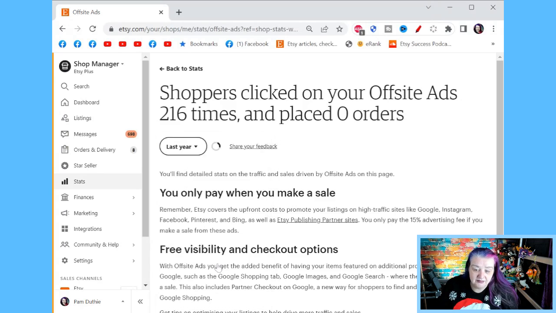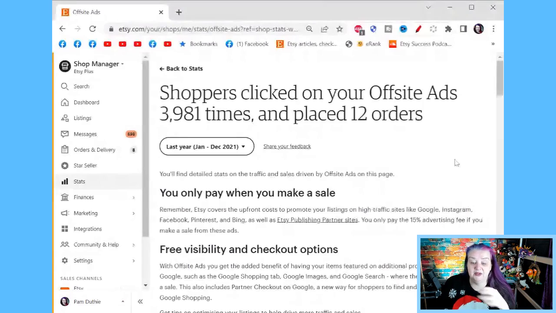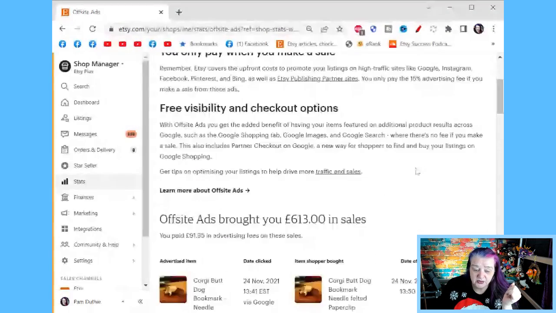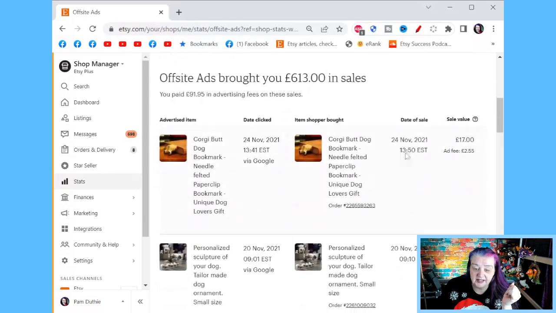Let's see, last year I didn't make sales, so yeah, here we go. We had 12 orders last year, so I actually have some data to show you. What you're seeing here, last year I made £600 in sales, and I'm on the 15%, so I paid $91 in offsite ads. So be aware, if offsite ads are turned on, you will be charged the 15 or